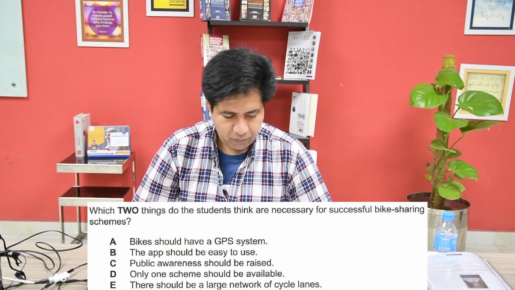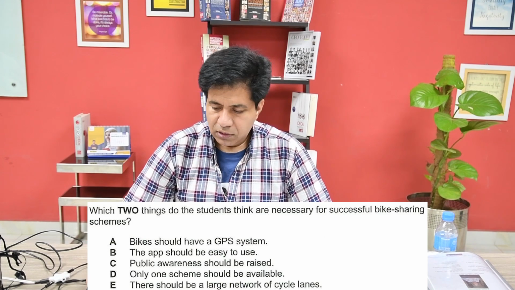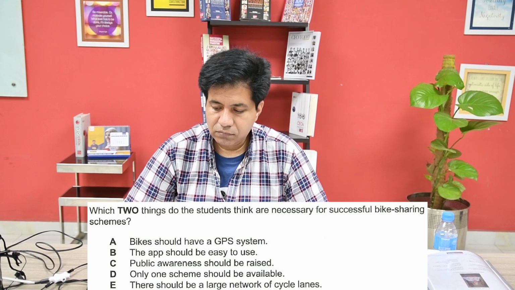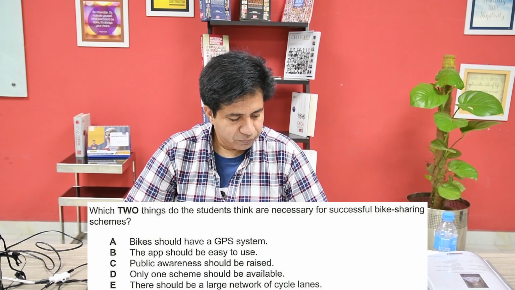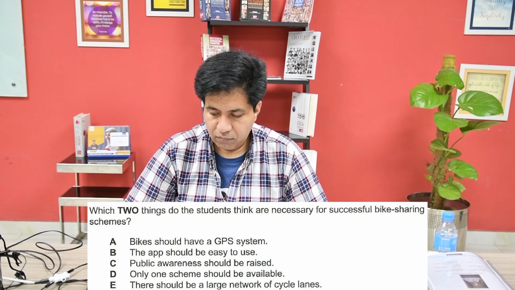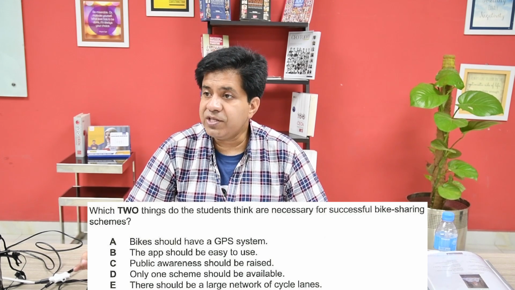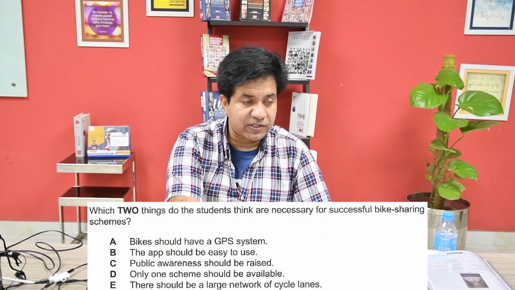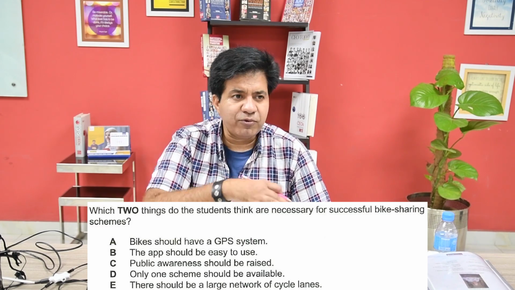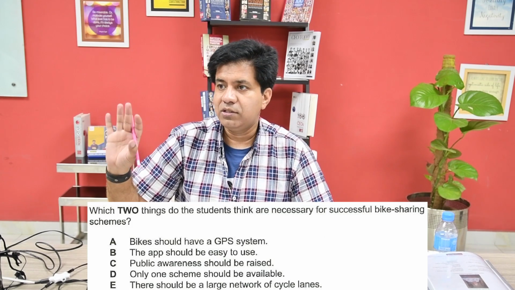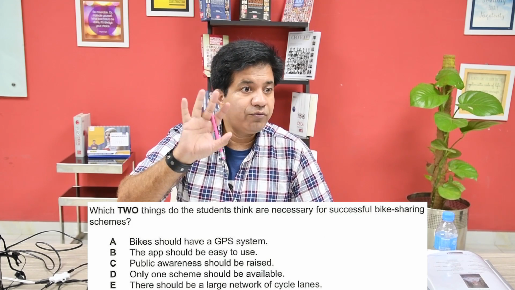Shall we quickly discuss the recommendations we're going to make, in order to ensure bike sharing schemes are successful? Yes. Okay. Well, while I think it's nice to have really state-of-the-art bikes with things like GPS, I wouldn't say they're absolutely necessary. I wouldn't say that they are absolutely necessary. That's what the question is. Students think are necessary. I wouldn't say that is absolutely necessary. So A should be crossed. Now we are left with 4 options.